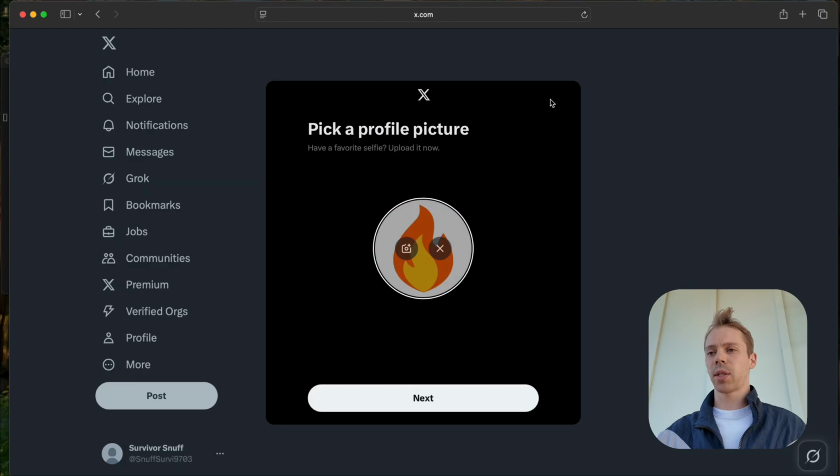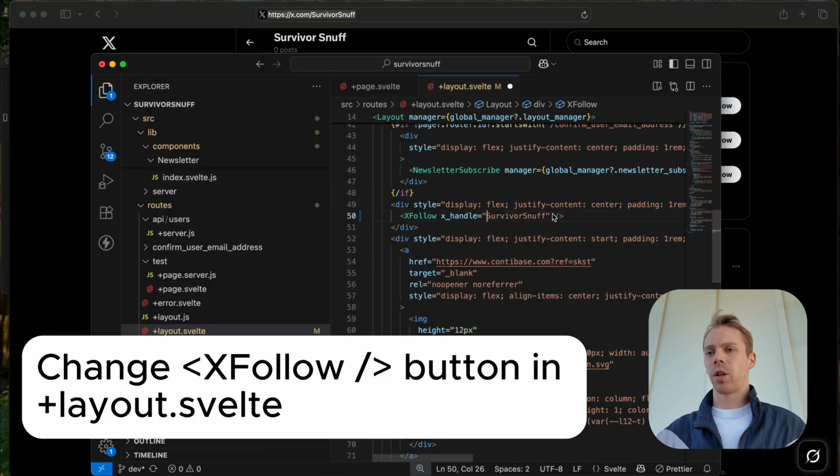If you want, you can make an X account, add your brand logo,